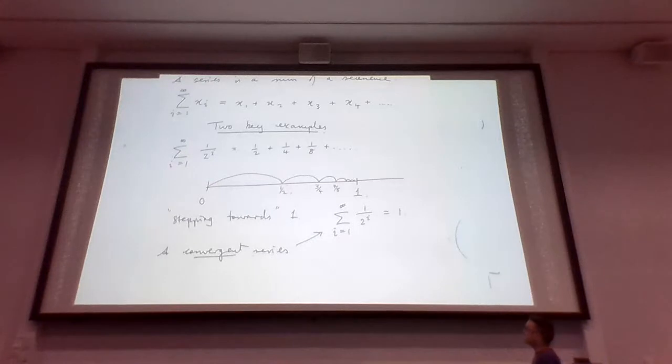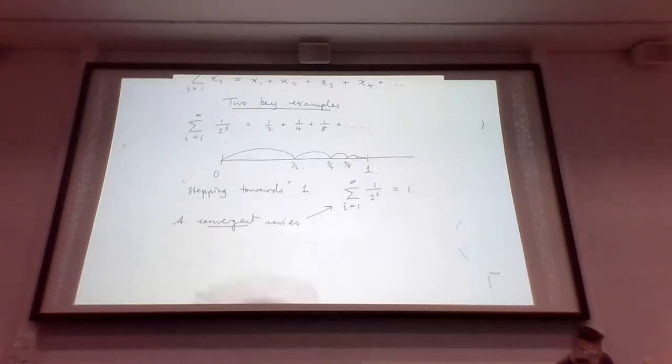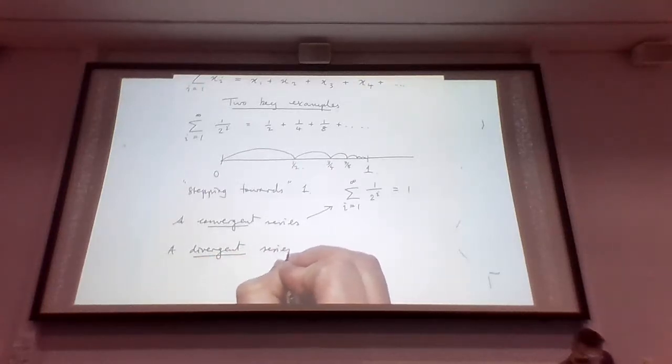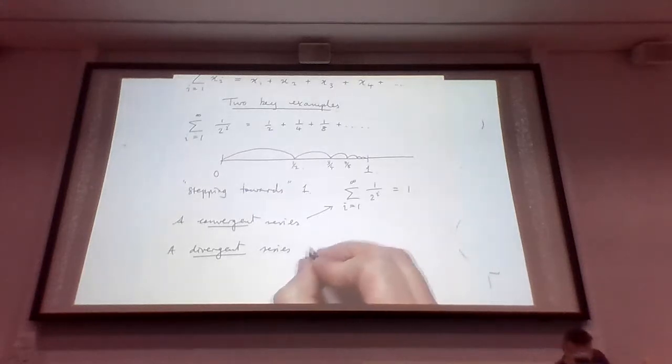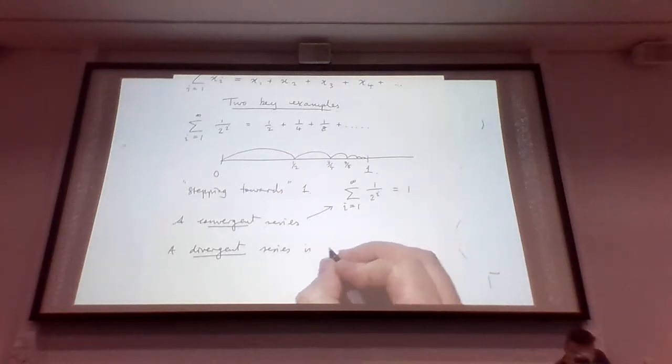It's an infinite series that nevertheless has a finite value. So we say it's convergent. A divergent example, these are our first uses of these terms attached to series. A divergent series is, for example,